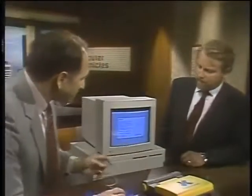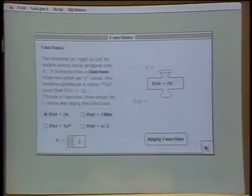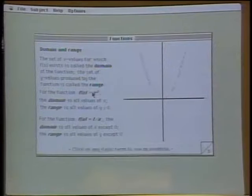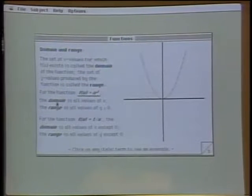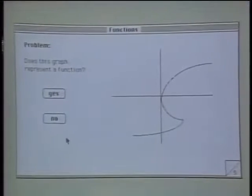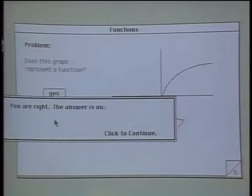What I have up on the Macintosh is really neat. It's a calculus program that teaches you calculus. You can sort of flip through the pages, as you can see, as if it were a textbook, but you can do more powerful things like click on a function and see what that function looks like, click on a term and see how it's defined. You can go over here, and after a while it'll give you a little quiz. Does this graph represent a function? I'd say no, etc. The stuff looks very powerful, but